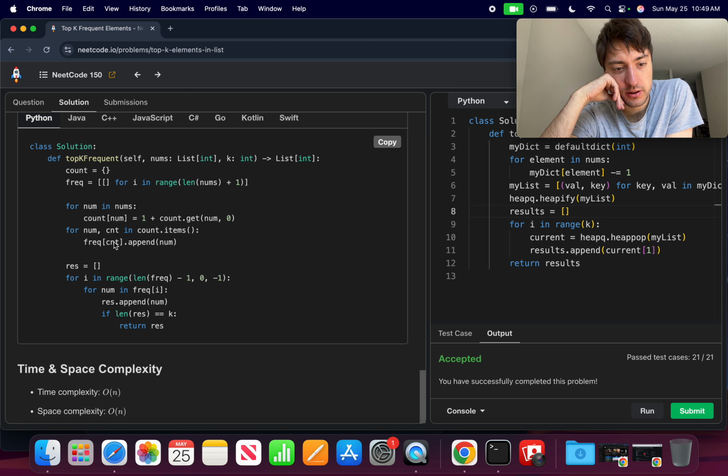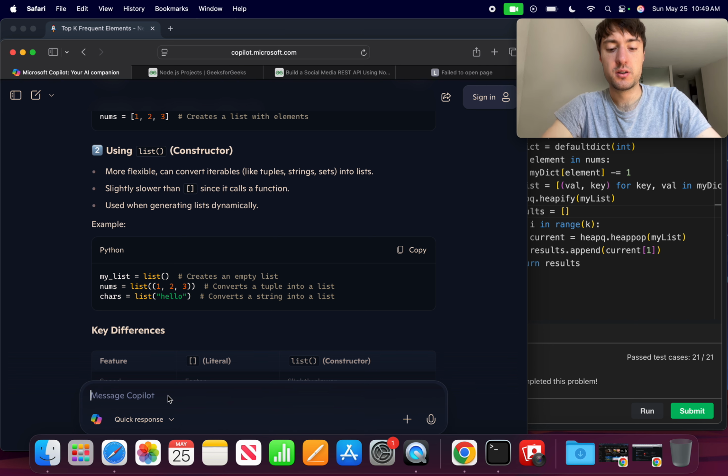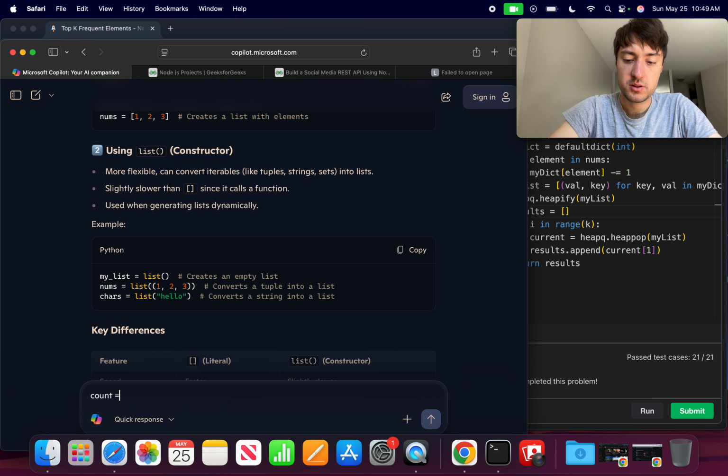Okay, I might have to think about this one a little bit more. I'm like at a 60% understanding of what he's doing here, but I might need a lot more time to look over this one and try to figure out how exactly this one's working. I also need to figure out, let me just do like, let's see, count, it was a dictionary. Okay, so